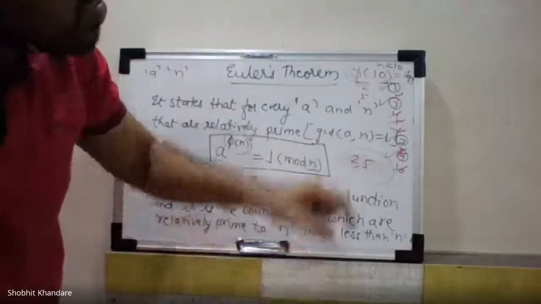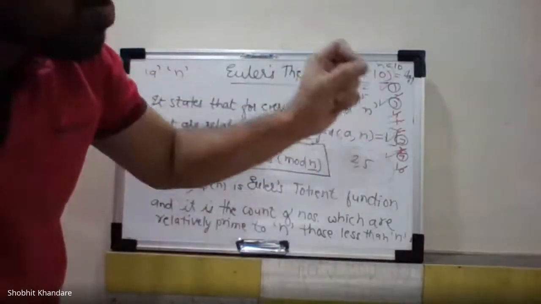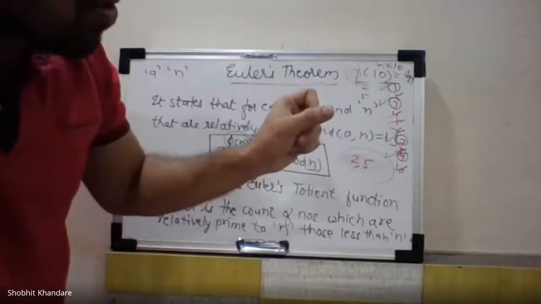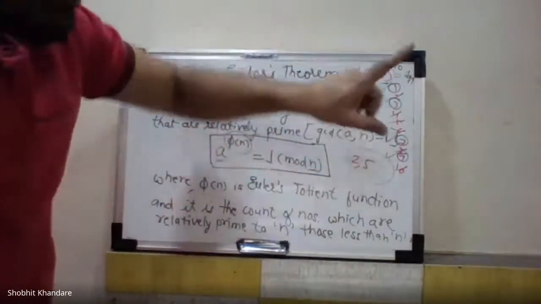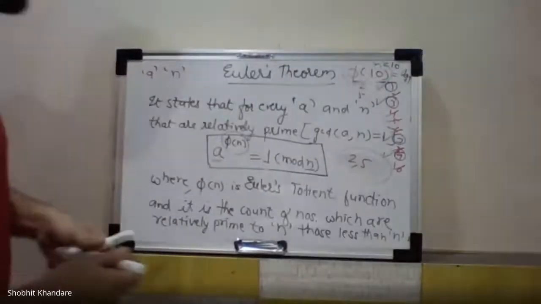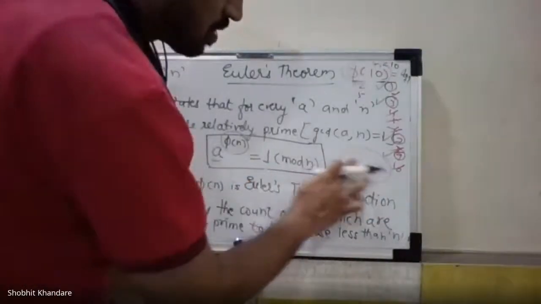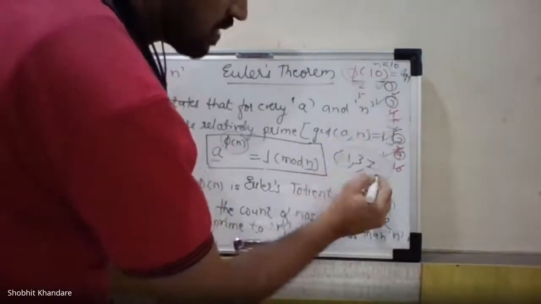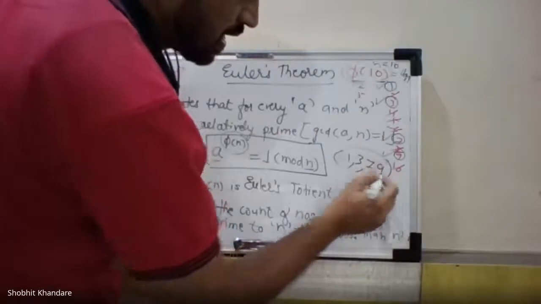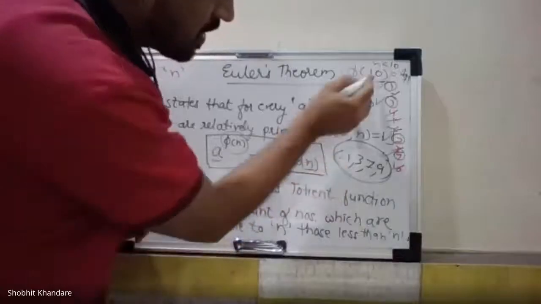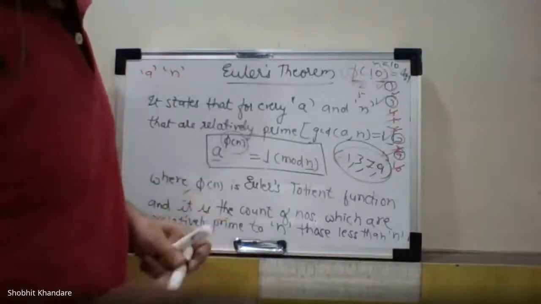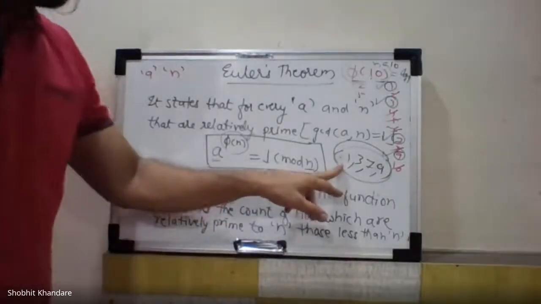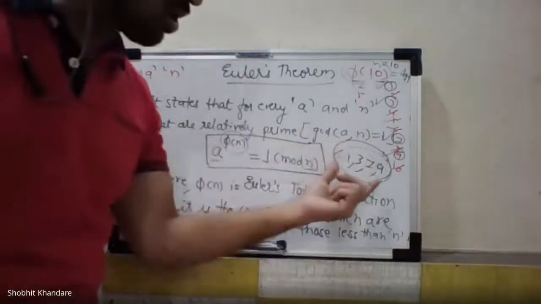So I should find the total number of co-prime numbers whose GCD with the number 10 comes to 1. How many such numbers are there? 4. While explaining, I just missed out that I should say 1, 3, 7 and 9 form the GCD with 10 as 1. Yes, you are right. Thanks for correcting me. Please mark this. This is important. That was wrong.